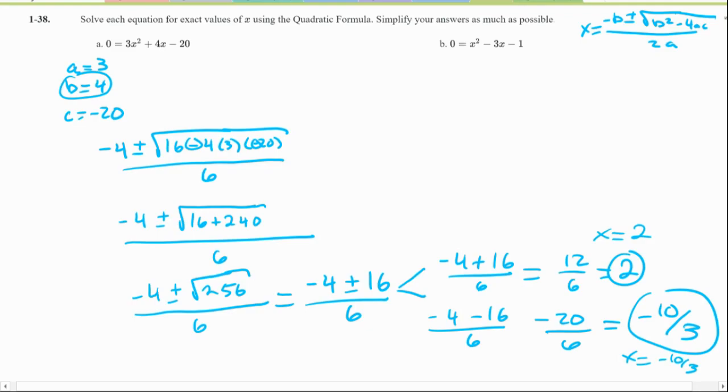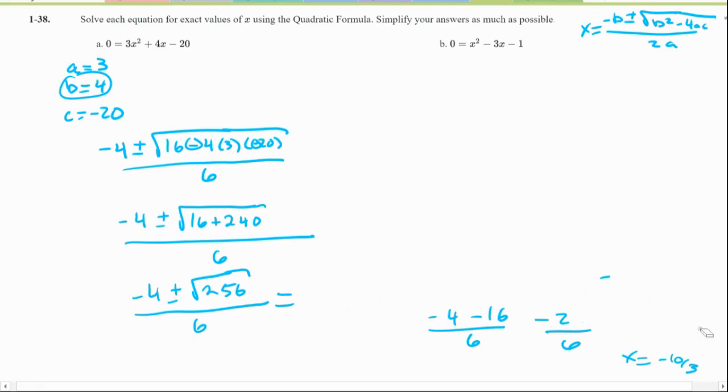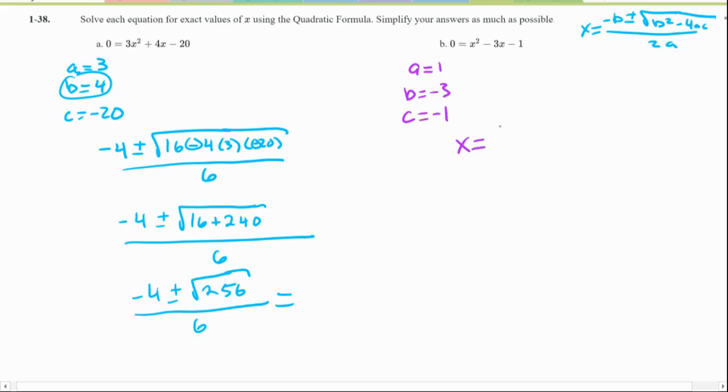I'm going to erase this so I can go through the second one. The second one is similar, except this one's probably not going to give us a nice, pretty even answer. My guess is I'm going to have to simplify a square root, because this book hates us like that. So for this one, a is equal to 1, b is equal to negative 3, and c is equal to negative 1. Plugging it in, x equals negative b, which makes it actually positive, plus or minus the square root of